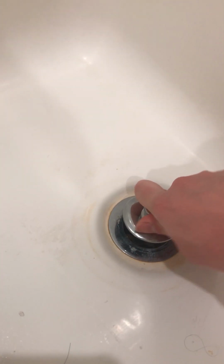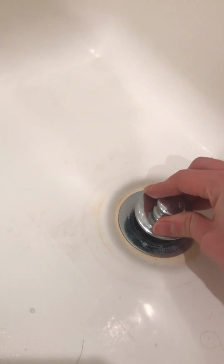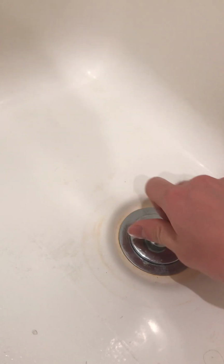Hi, so this video is just to remind myself how to remove this strange bathtub stopper. My stopper is a push-pull bathtub stopper which doesn't have any screws underneath it, but I can remove the top. However,